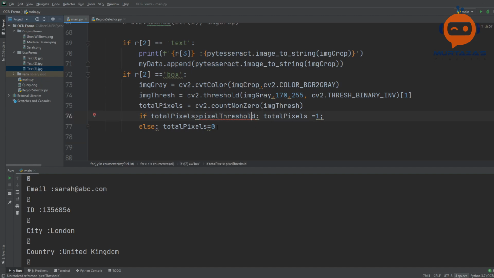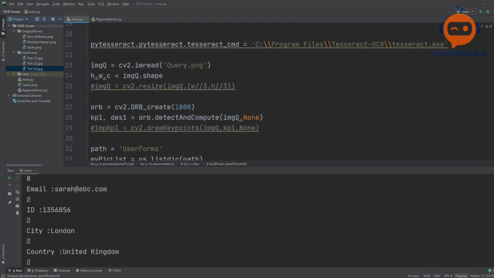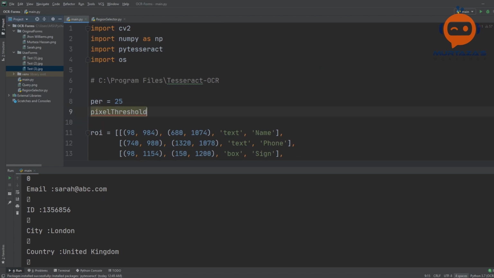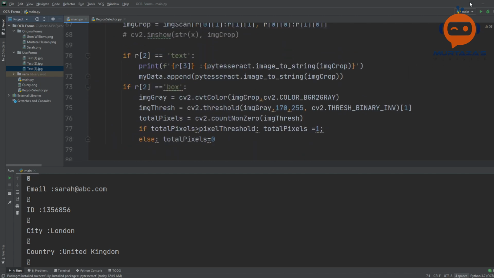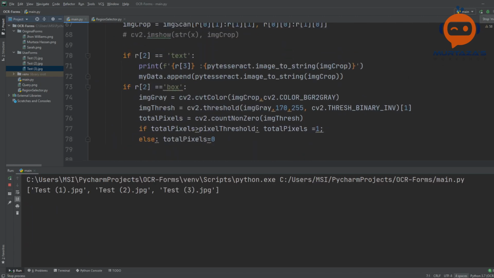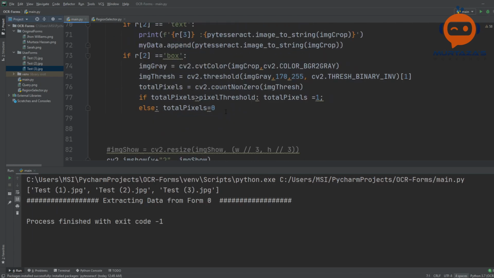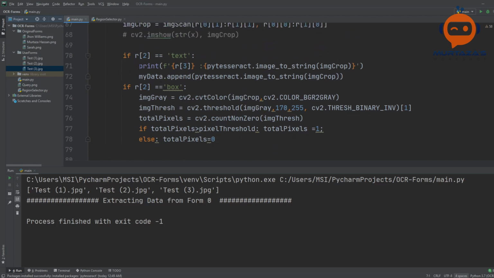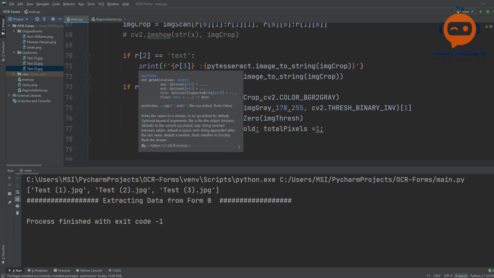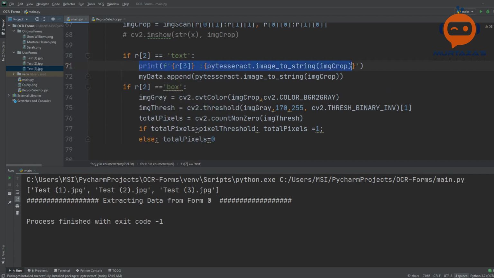Now we can define the pixel threshold. So let's go here, and over here we are going to, let's say, write 500. So if we run this again, actually we didn't print it out, so we need to print and we need to append, so we have to do both things. So we will copy this